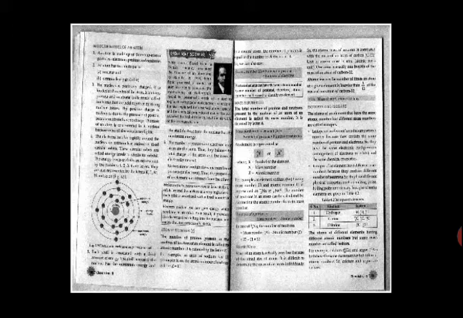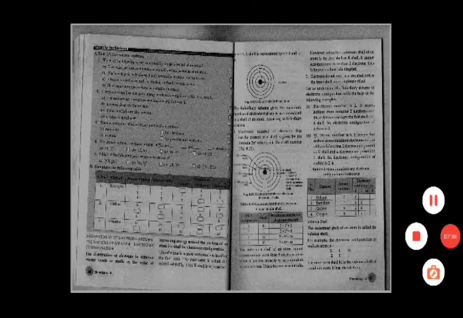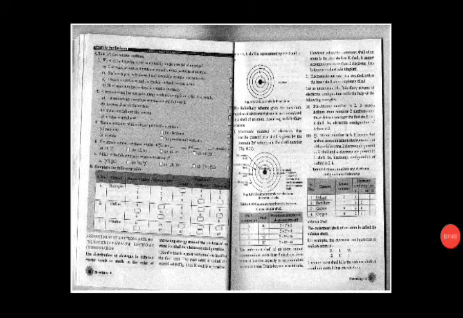valency and radicals. So electronic configuration definition is on page number 50 over here. That is the distribution of electrons in different energy levels or shells in the order of increasing energy around the nucleus of an atom is called the electronic configuration. That is from here to here, page number 50. Then similarly valence shell, page number 51. That is the outermost shell of an atom is called its valence shell, in the last paragraph on page number 51. Is it clear?